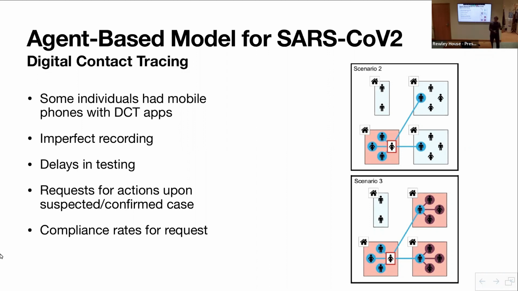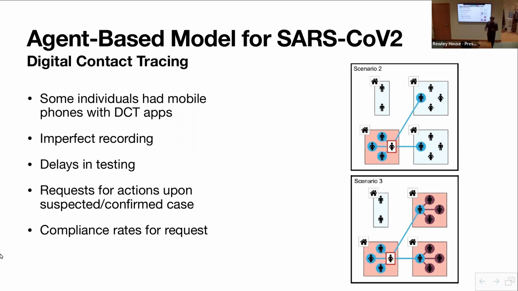And we could model a lot of the other things that the government was interested in, such as the delay between sending out tests, people getting tested, and getting test results back. Then we could model a whole bunch of setups about what should happen once a positive message went out. Who do you send that message to, and what do you ask for? For example, do you tell people to stay at home? Do you tell people to just reduce their contacts? Do you say you should stay at home and actually your entire house should be quarantined as well?